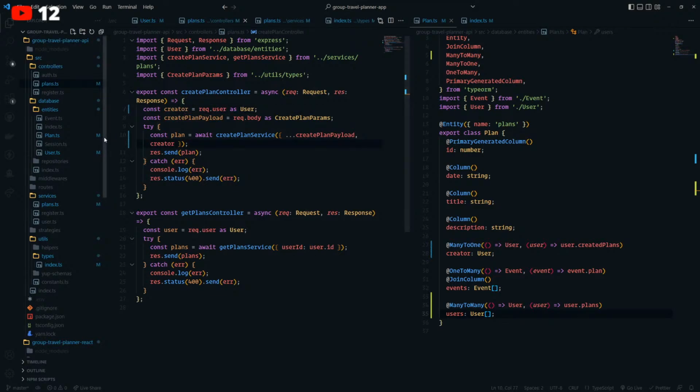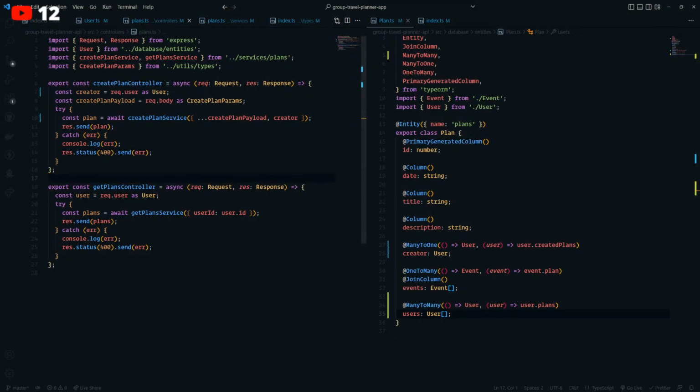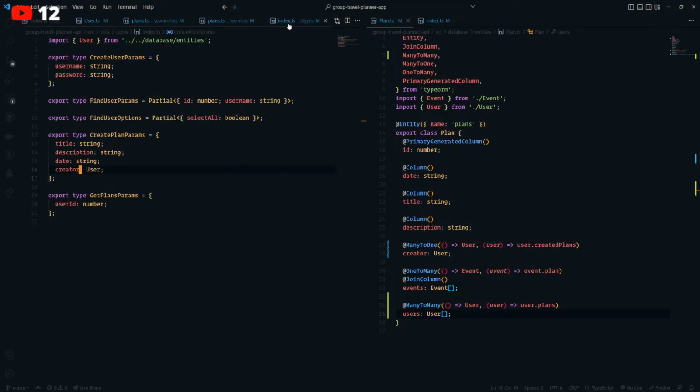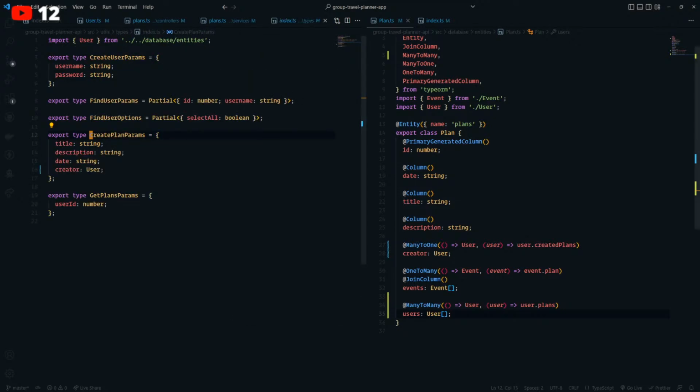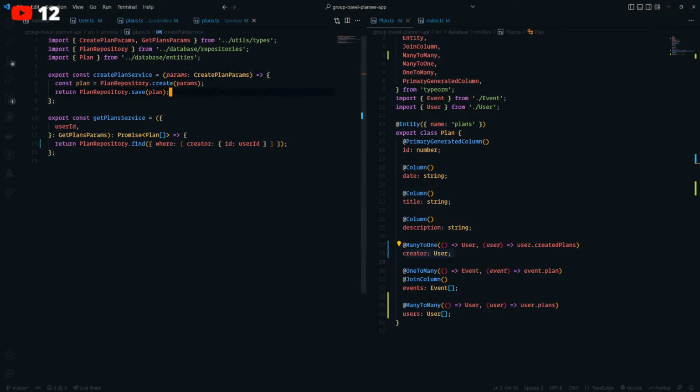Okay. So that will take care of creating the actual user. So over here, we have creator now. And now when you create the user, what we also need to do additionally is we need to map the user as well. So we'll do params, and then we'll do users, and then params.creator like that. So that will actually set the creator right over here, and then that will set the creator inside this users array right over here. Okay, and then we should be able to save it.